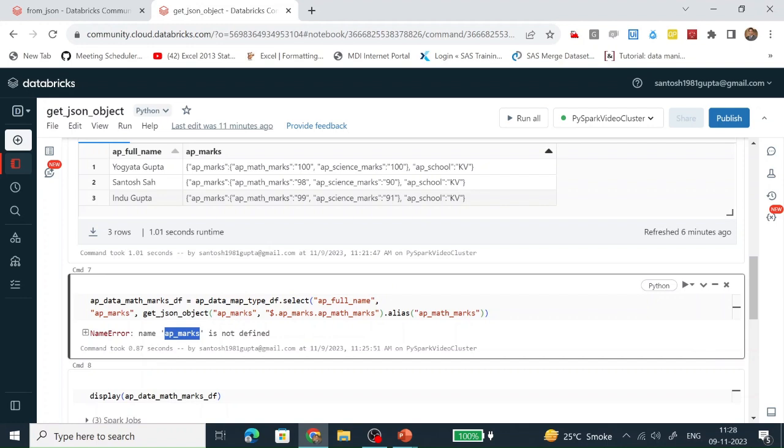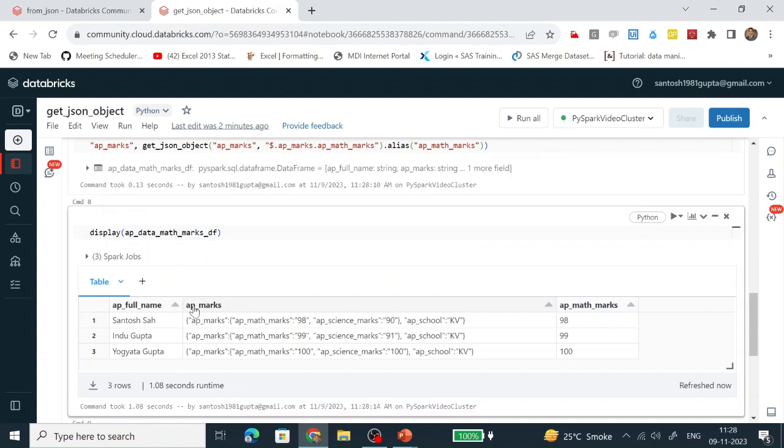So what we have done, this is the column which is of string type, but the content here is of JSON structure. We have fetched the AP_math_marks. The value of this field we have fetched, and it is populated in AP_math_marks. How have we done it?